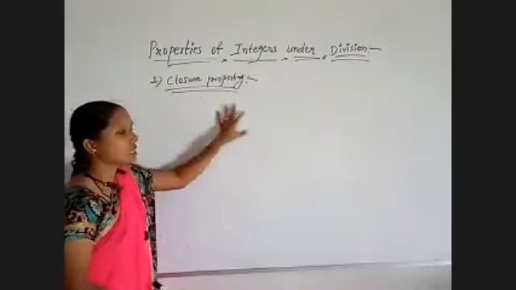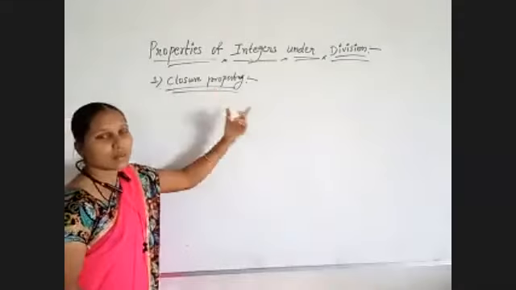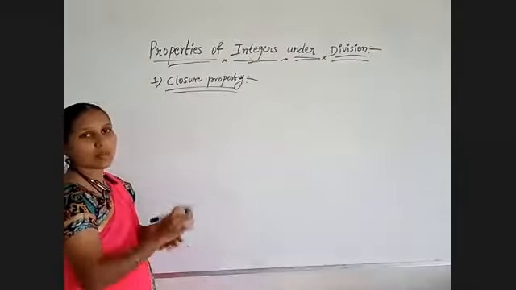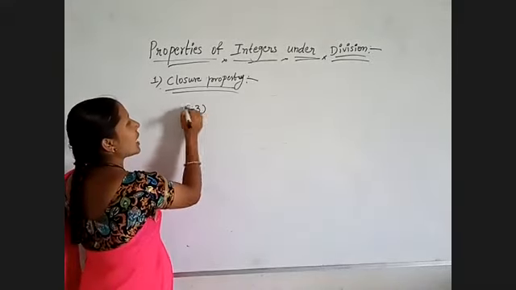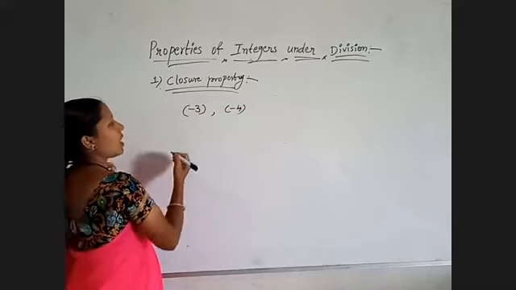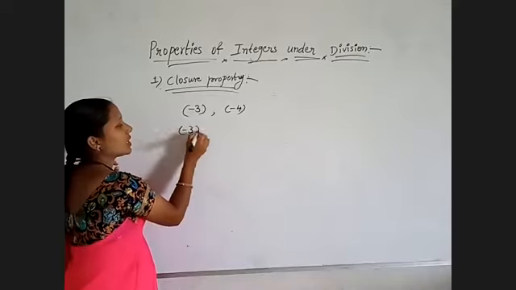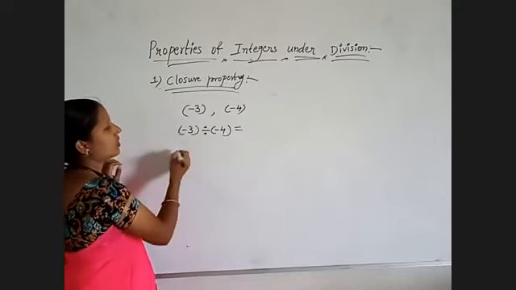If you are dividing any two integers, the result must be an integer. Suppose I take one integer as minus 3 and another integer as minus 4. Now apply division between these two. Minus 3 divided by minus 4 is equal to